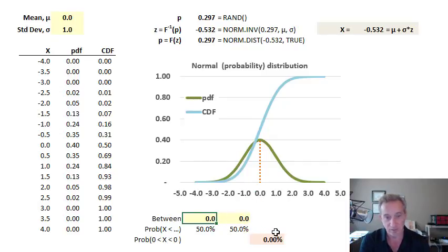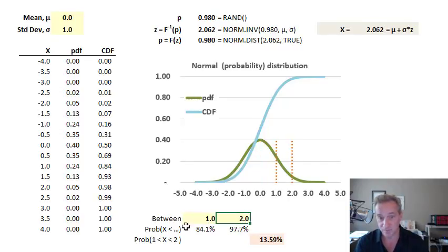So for example, a really wide interval would be, what's the probability that the random value would fall between 1 and 2? Notice how I've got this plot, so it plots some lines here to carve this out. And so that's a wide interval, just to illustrate, but the probability that this random value falls between 1 and 2, to get that,